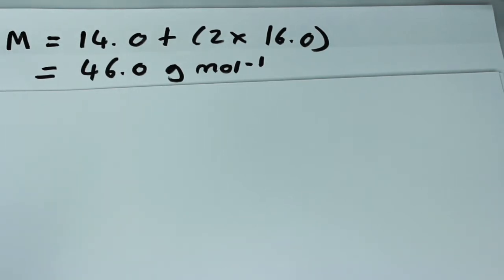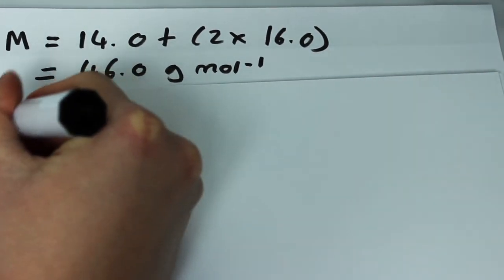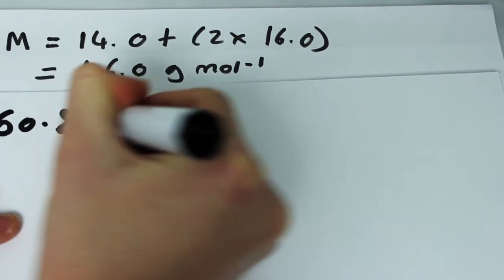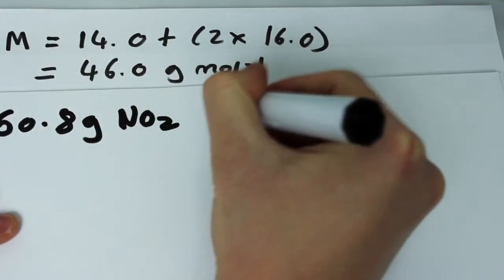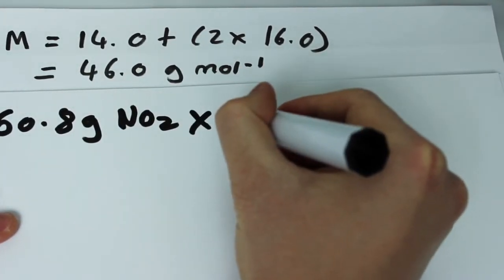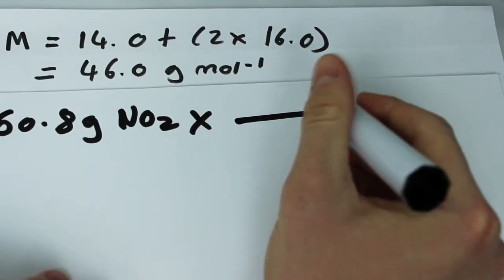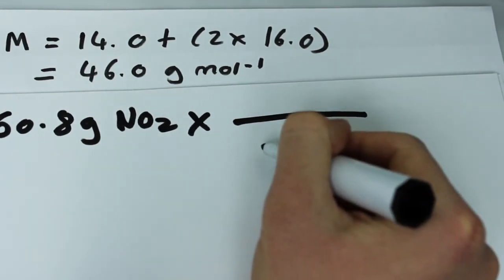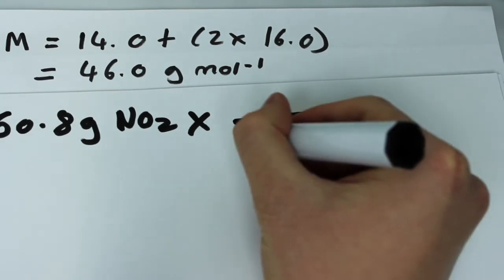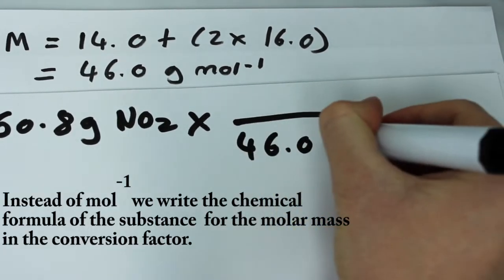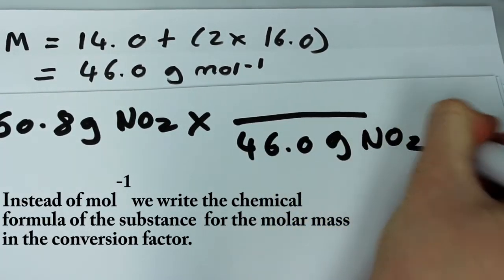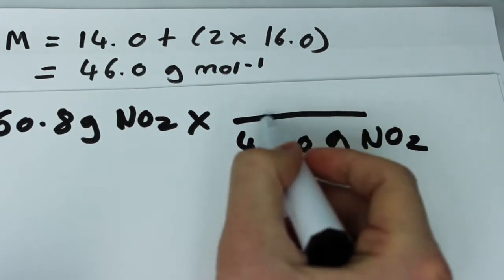Okay, so now we know the molar mass of nitrogen dioxide, we now have to organise the calculation, so we include a conversion factor that will allow us to cancel out the unit we don't want for our answer, which in this case is grams. So, to do this, we must take the mass of the sample of the substance, which is 60.8 grams of nitrogen dioxide, multiplied by a line, and then for our conversion factor, the denominator will be the molar mass of nitrogen dioxide, which is 46.0 grams of nitrogen dioxide,